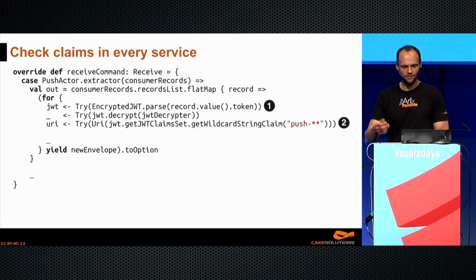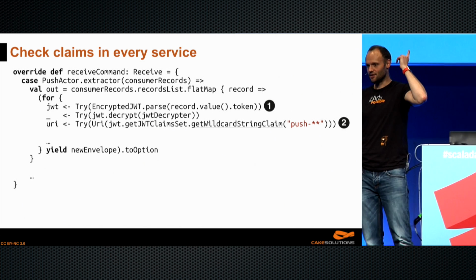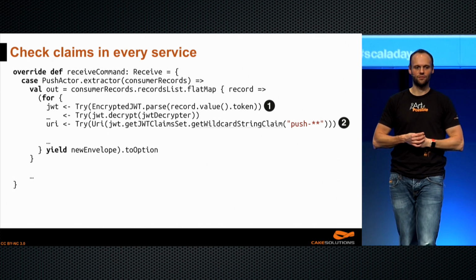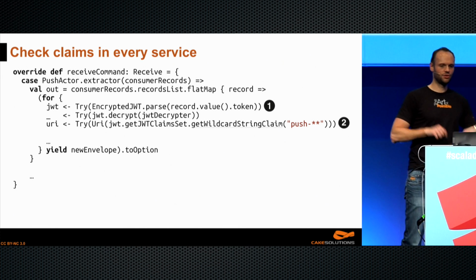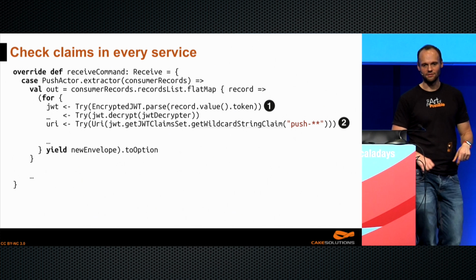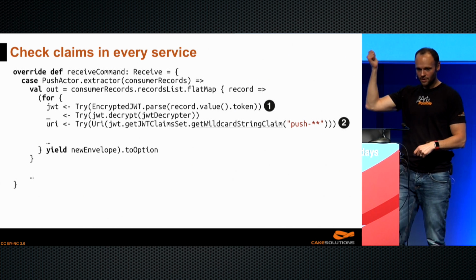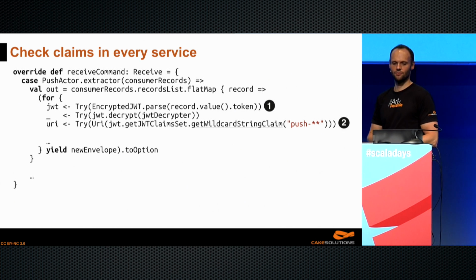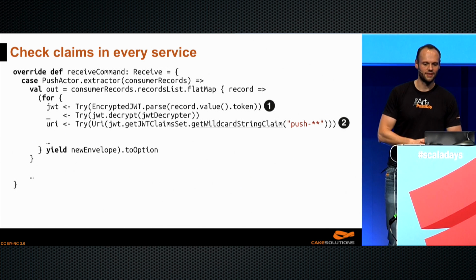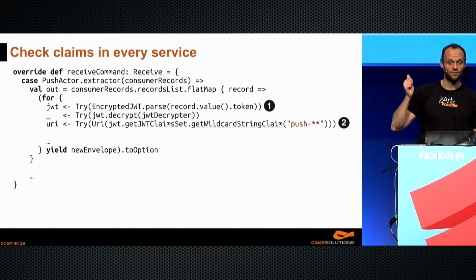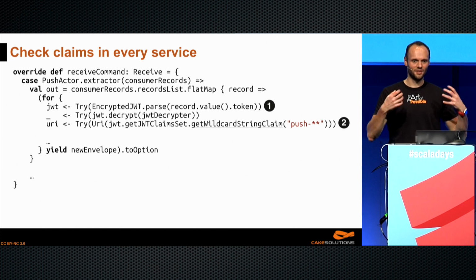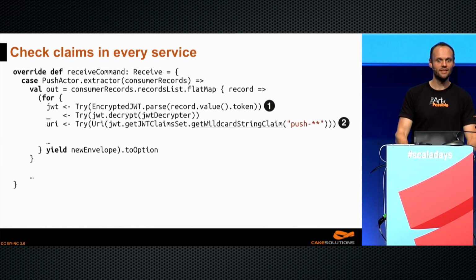You wire it into, say, an actor here that receives a batch of records from Kafka. Remember we said every service should check the claims of the message that it's receiving. So we really should check. Let's first make sure that we get the token. Let's make sure that there is a claim for the microservice push. You can even use that for versioning, and the value of that claim can mean something.